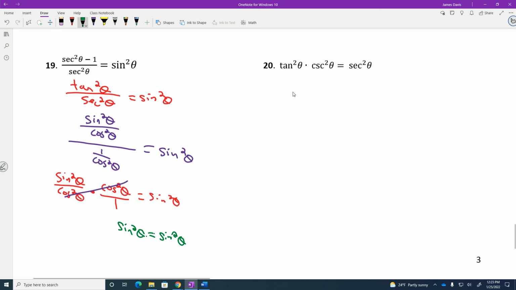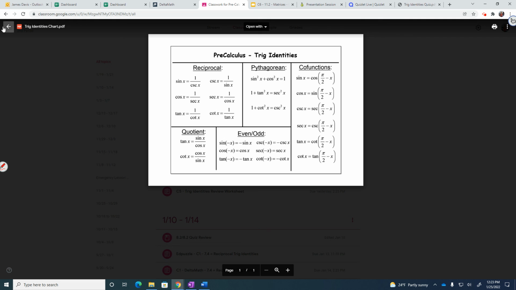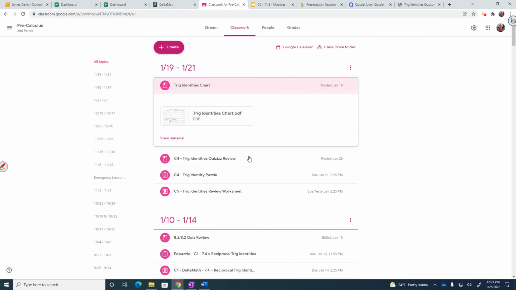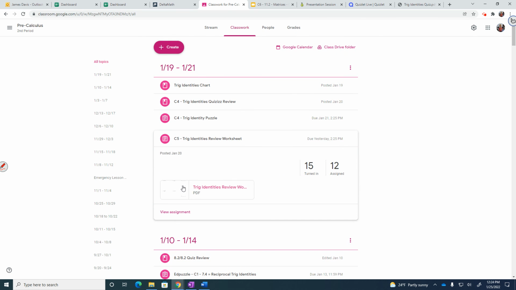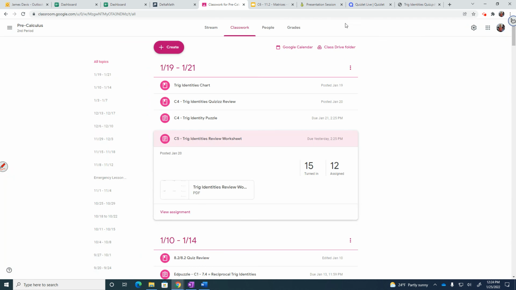So what I'm going to do: if you haven't finished this yet, you can still finish it. This needs to be turned in tomorrow. I want you to use it in case you want to study tonight. You can look over this. And how I would recommend using it to study, if you already did it, is you can pull up Google Classroom here. I posted it there, so if you wanted to look up and even retry them, you can. I'm also going to post the answer